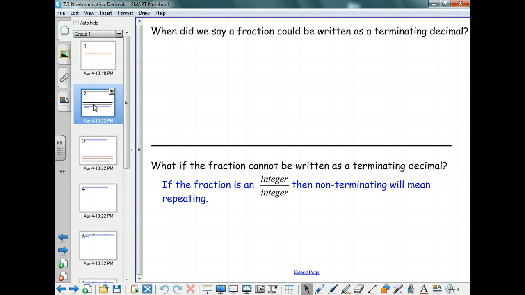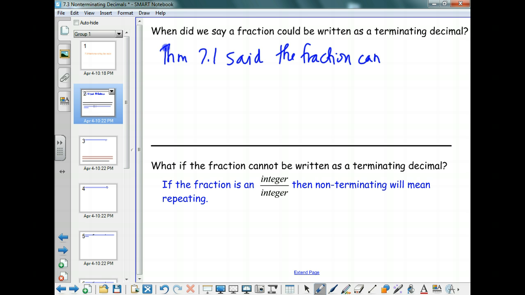When it's only factors of 2. Okay, the only factors of the denominator. And we've missed one piece. When it's simplified. When the fraction was simplified and reduced. Okay? So that was in Theorem 7.1. All right, so Theorem 7.1 said the fraction can be written as a terminating decimal